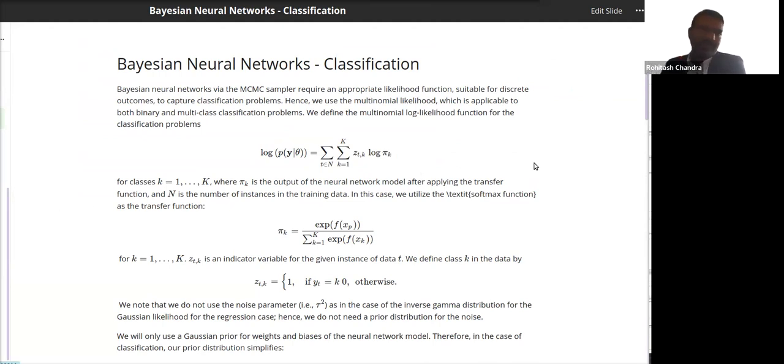and Bayesian neural networks for classification. So in the case of classification, I think we mentioned earlier, when discussing probability distributions, that when we have discrete outcomes, there are the binomial, Bernoulli, and multinomial probability distributions, right? The multinomial probability distribution can take care of binary classification and multi-class classification. And this is essentially the log